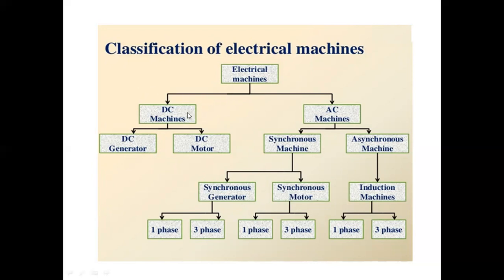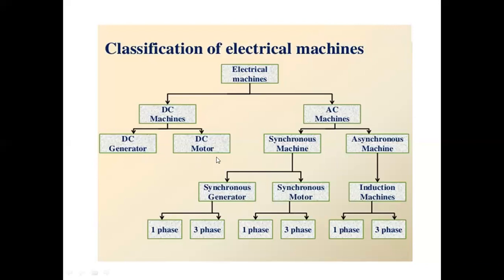Electrical machines have two types: DC machine and AC machine. DC machine again has two types: DC generator and DC motor. Now, AC machine differentiates into two types: synchronous machine and asynchronous machine. The difference between synchronous machine and asynchronous machine: